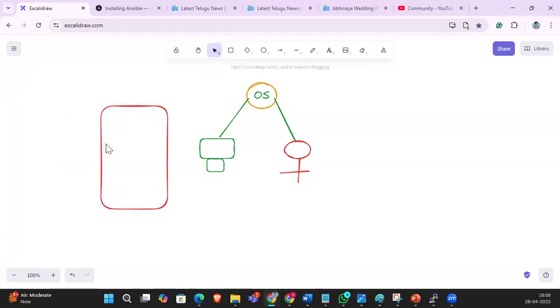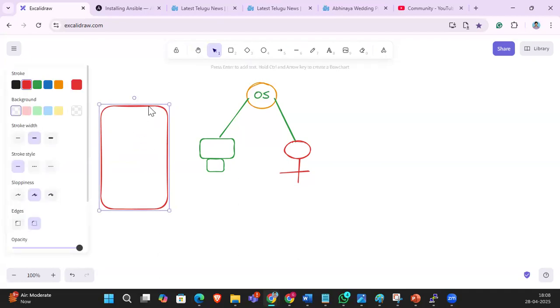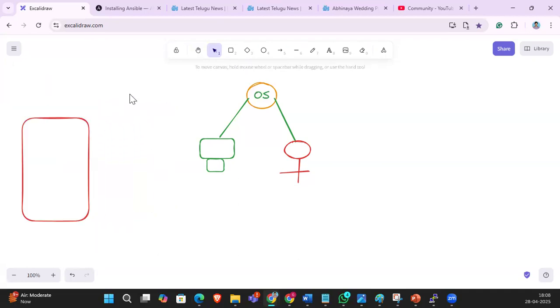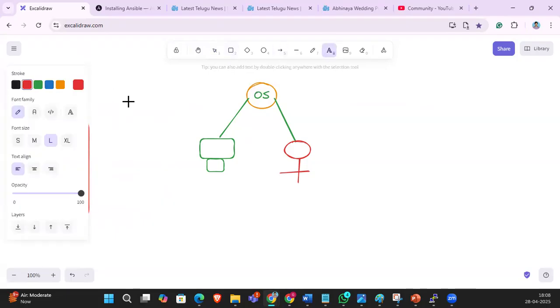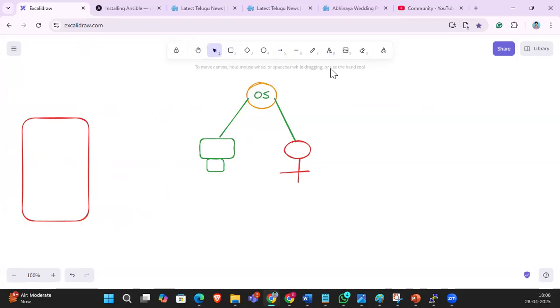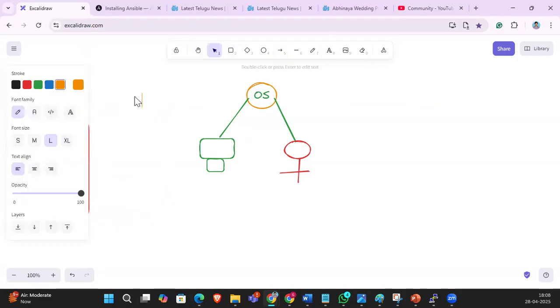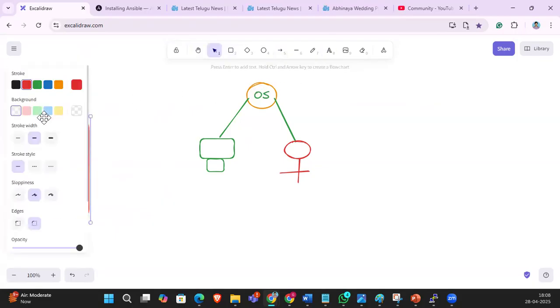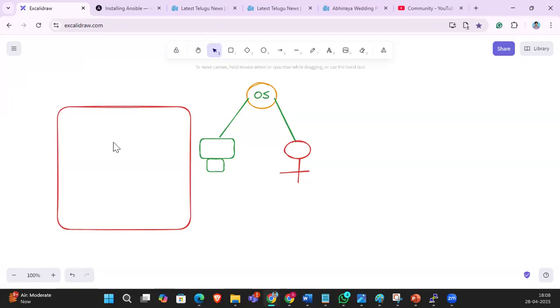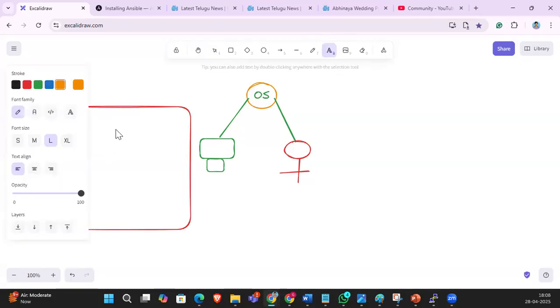Which laptops are you using? HP. Guys, which laptops are you using? Vijay, Ajay, which laptop are you using? HP. Yeah. For example, is using HP laptop.